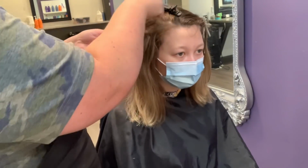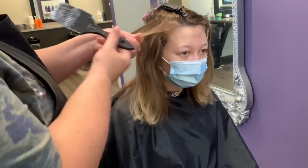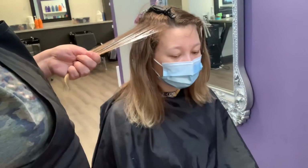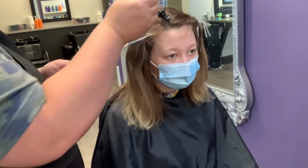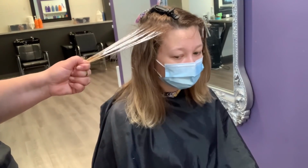You can see here that we're getting pretty close to where she parts her hair, but I'm taking a little bit more of a diagonal back away from her face. And so this little piece is going to come up a little bit closer to where she parts her hair, but I don't want to have any heavy lines, and she really wants it to be more of a sun-kissed look. So I'm not going to go too heavy